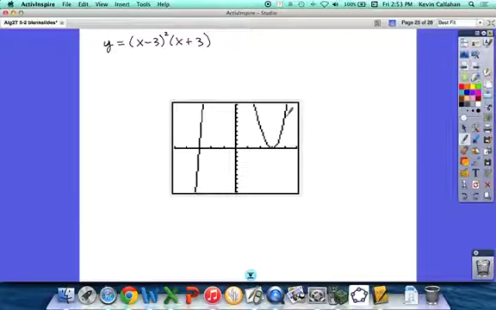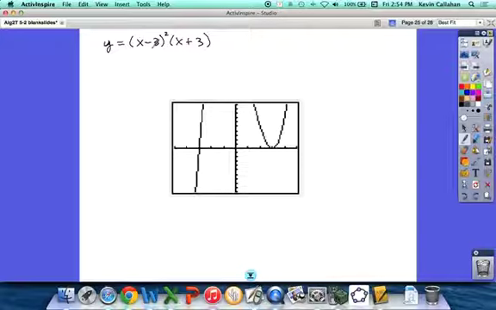Okay, that's what you expect to happen when your 0 is coming from a factor which is being raised to an even power. The reason is, take for example negative 3. If I go to negative 4, plus 3 is negative 1, so that factor is negative. If I go to negative 2, then negative 2 plus 3 is positive 1. So on either side of the 0, that factor changes sign, right? But if you go to the 3, because it's being squared,